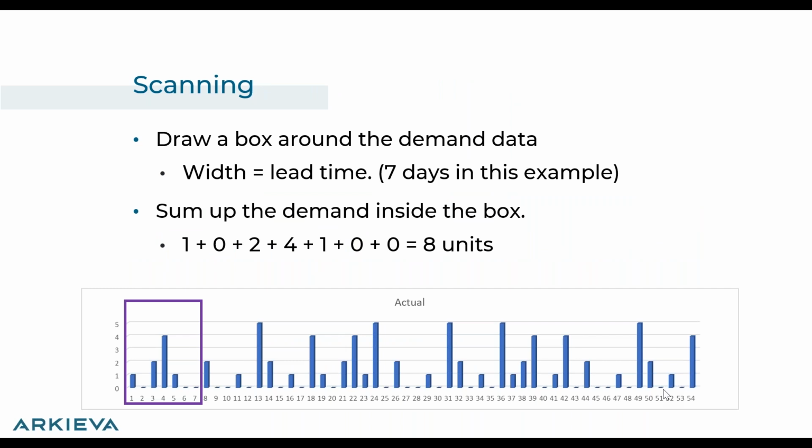All right, so the first method we'll discuss is scanning. And so the idea here is that we draw a box around the demand data. The box has a width equal to the lead time. So in this example, the lead time is 7 days. So this box is 7 days wide. And we sum up the demand inside that box. So that is 1 plus 0 plus 2 plus 4 plus 1 plus 0 plus 0, and we get to